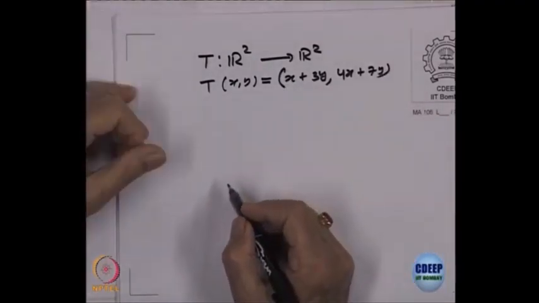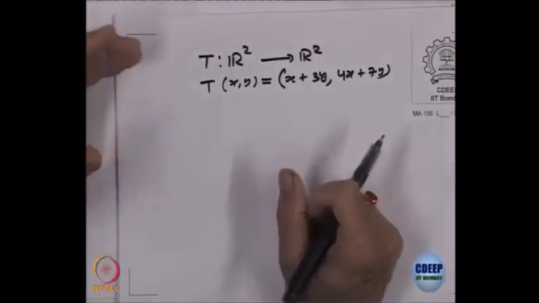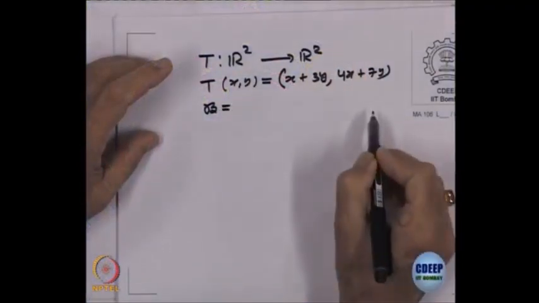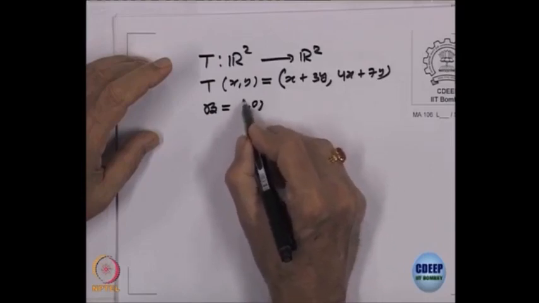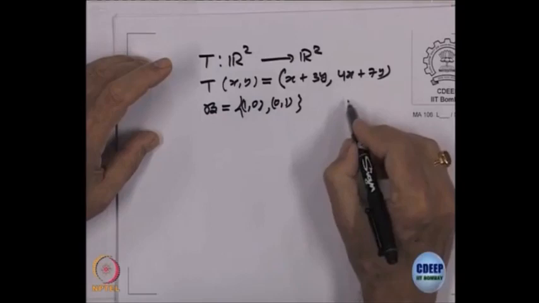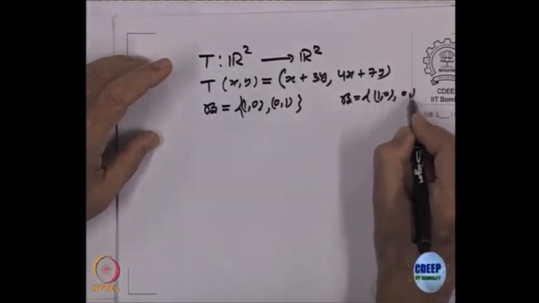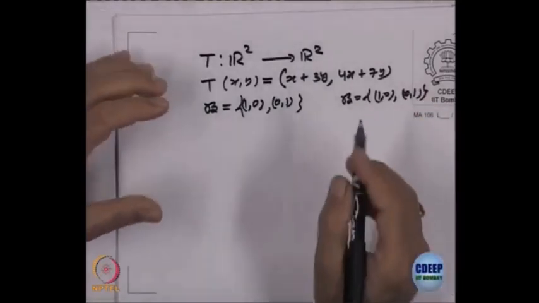Okay. So, if I want to compute the matrix, what do I have to know? We have to have a basis on the domain and a basis on the codomain. So, for simplicity, let us take the standard basis on both. On the domain, the basis is (1, 0), (0, 1), and the same basis on the codomain, (1, 0), (0, 1). I am just taking this because computation becomes slightly simpler, otherwise you have to solve equations and so on.